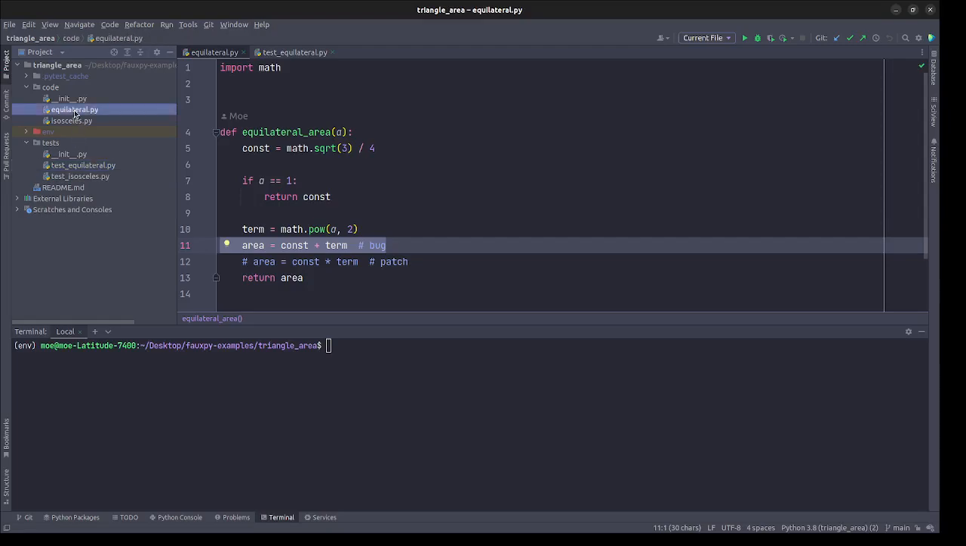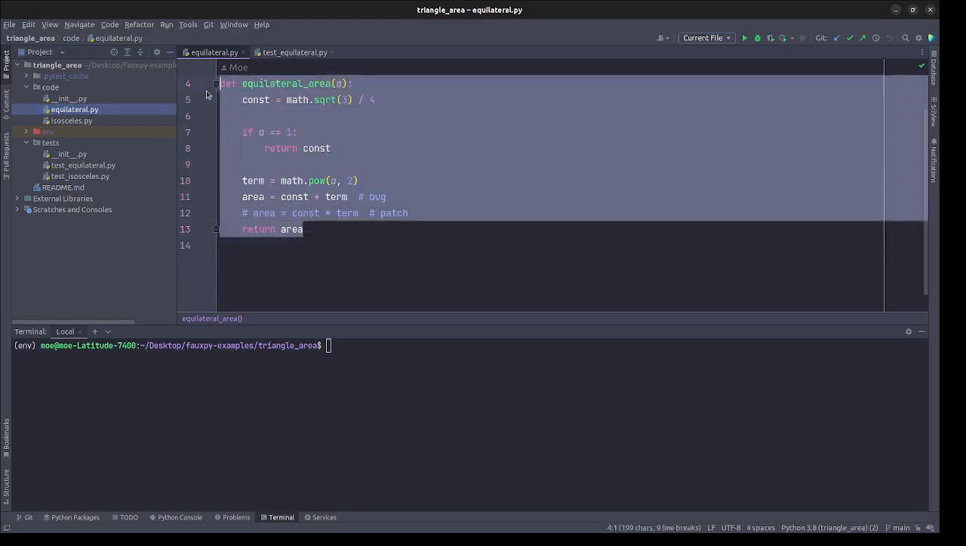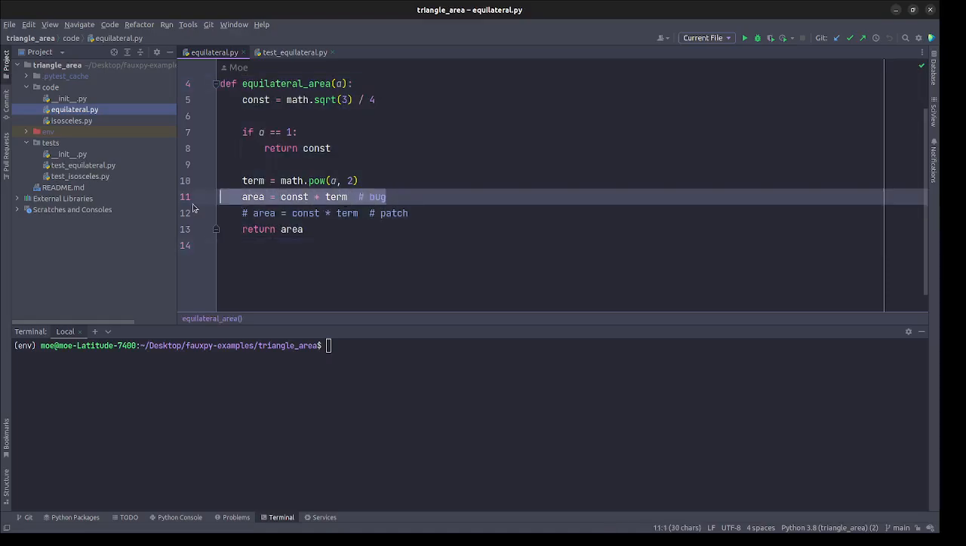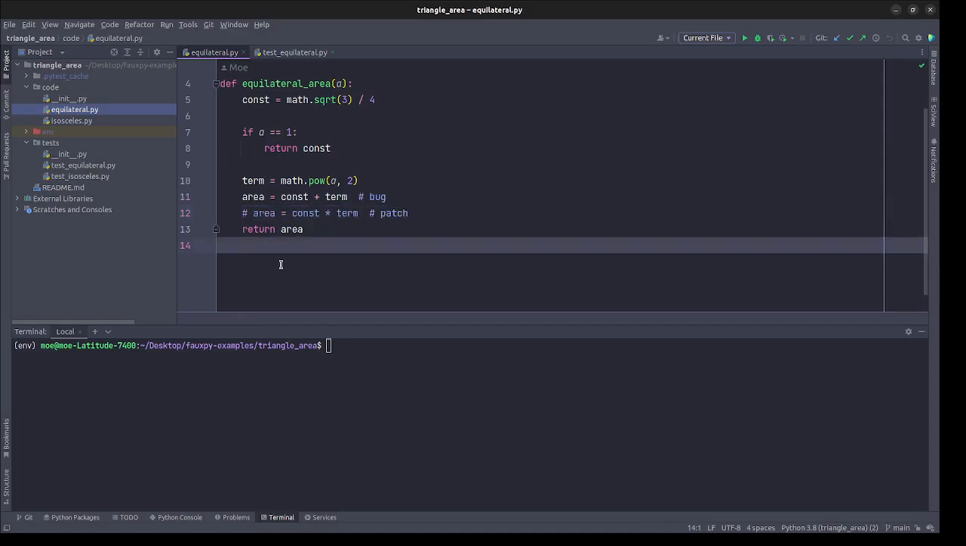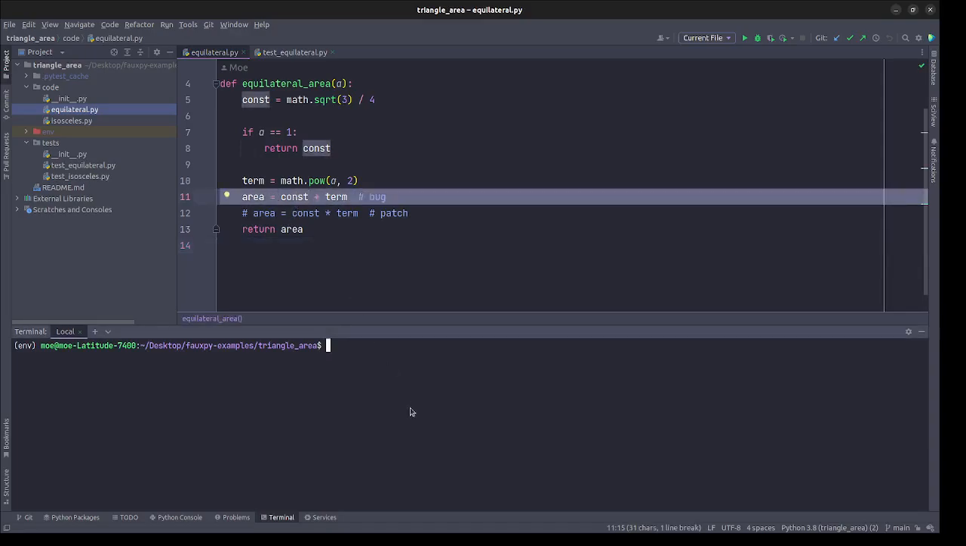Inside this equilateral.py, there is a function that computes the area of an equilateral triangle. And there's a bug here on line 11, and this is the patch of this bug, which is commented out. Now we want to see if we can use FauxPy to locate this bug on line 11. In order to do that, we can use this command, python